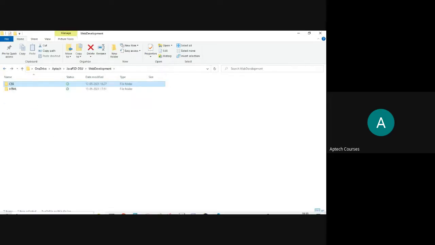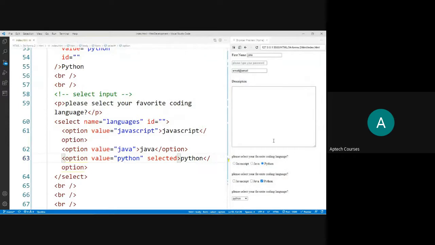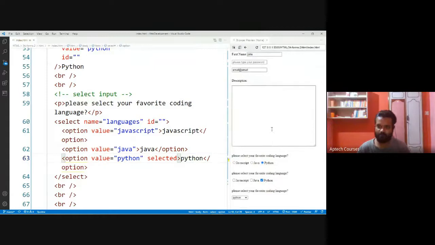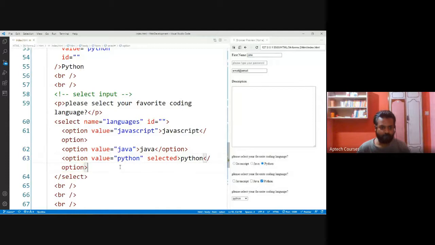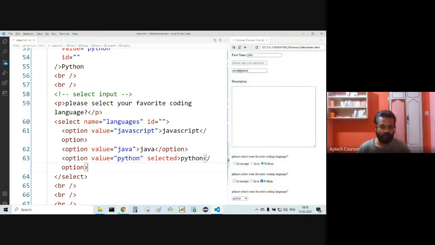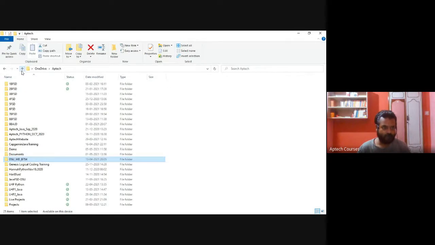Even in HTML itself, we have used some of the CSS, but it is not visually rich. So to make it visually better, we'll be using this CSS. A lot of concepts are there. We'll jump into CSS now.